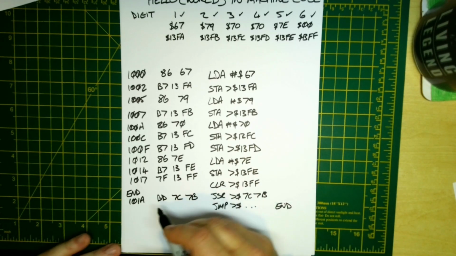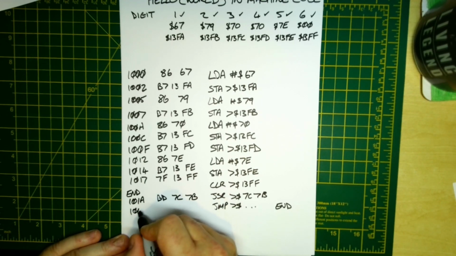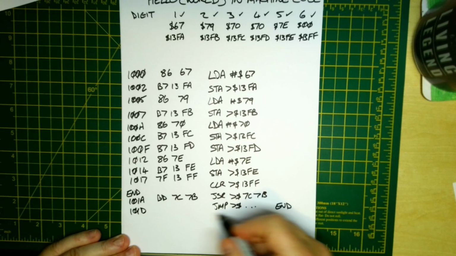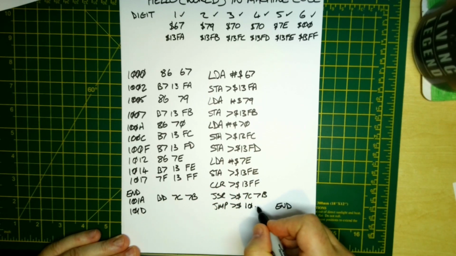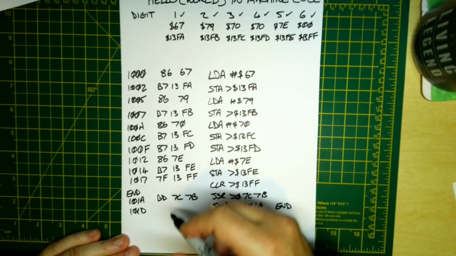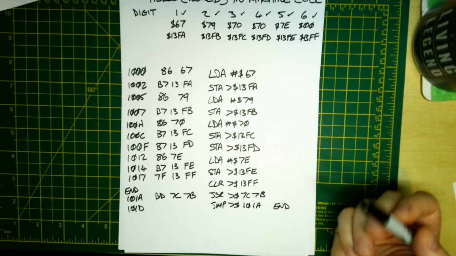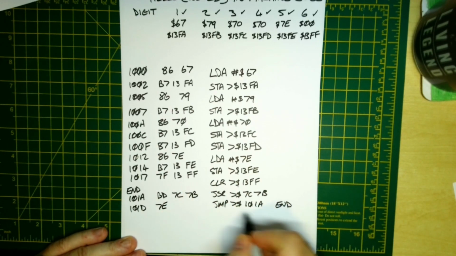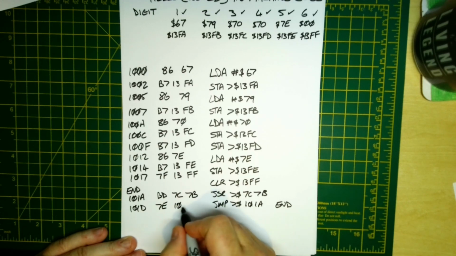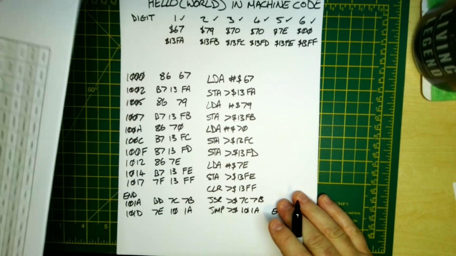And then A, B, C, this is 1, 0, 1D. Then what we're going to do is jump back to 1, 0, 1A. So we can now put that in there, 1, 0, 1A. Let's jump back to end. So jump is 7E. Okay, so 7E, and then we're going to do 1, 0, 1A. Right, so I think that's our program.